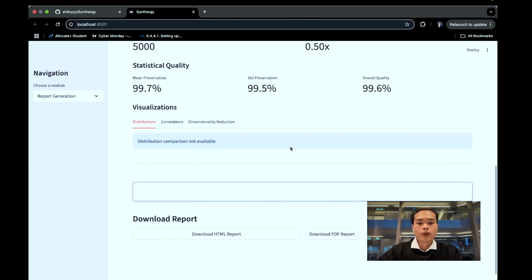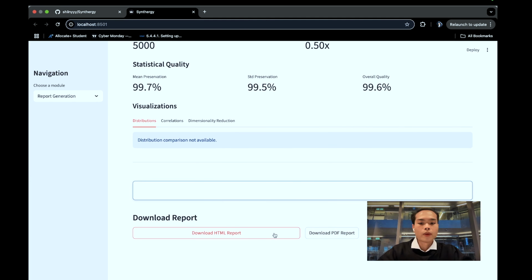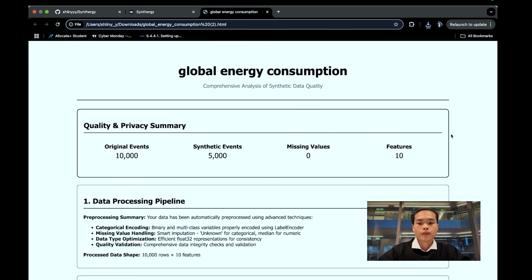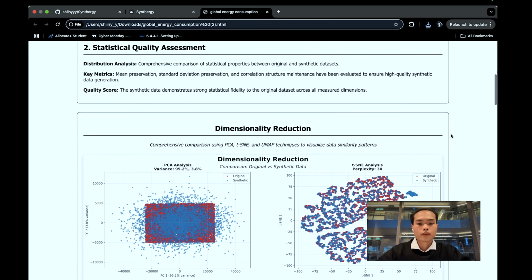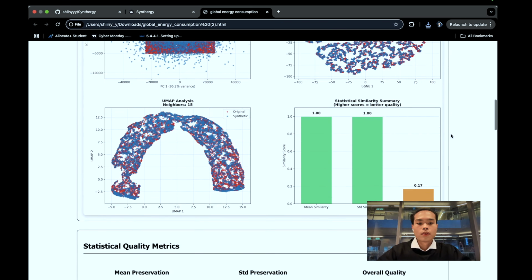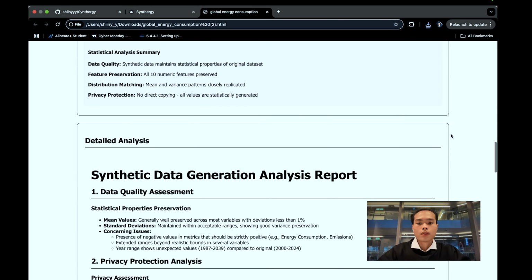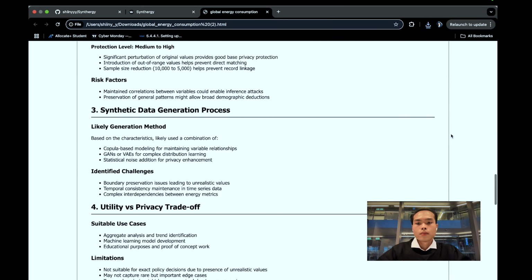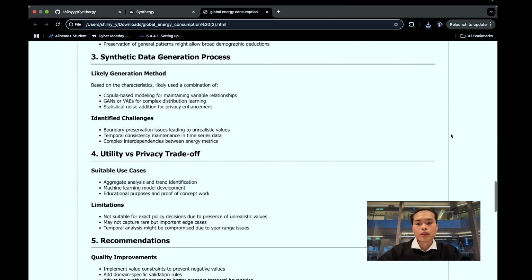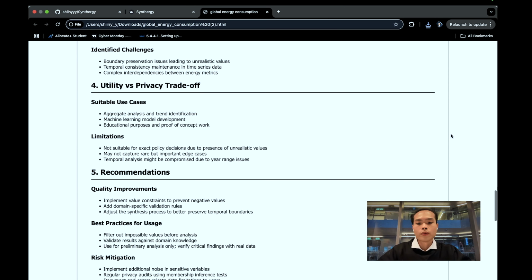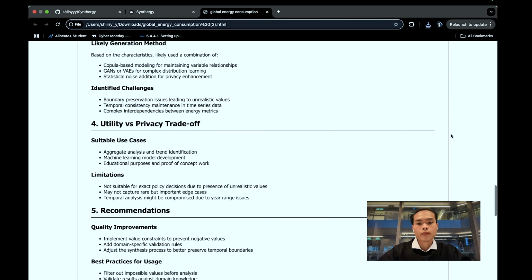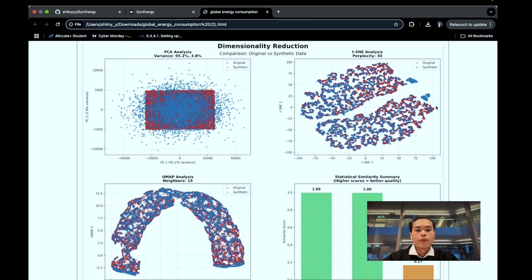Let's view the report. I'll pick the HTML for reliability. So as you can see here, thanks to the machine learning model, we can have all of this information comprehensively generated for us. The demo will be published for you to look into the details, but I want to talk to you about